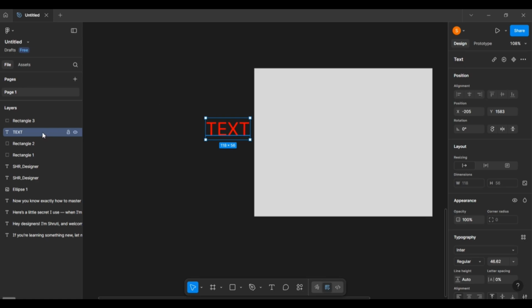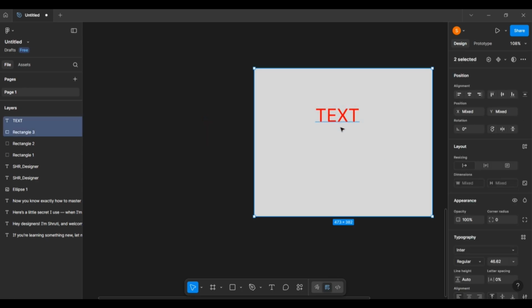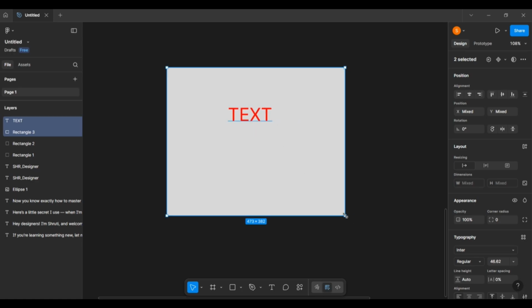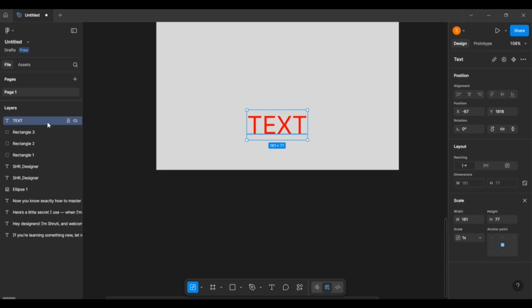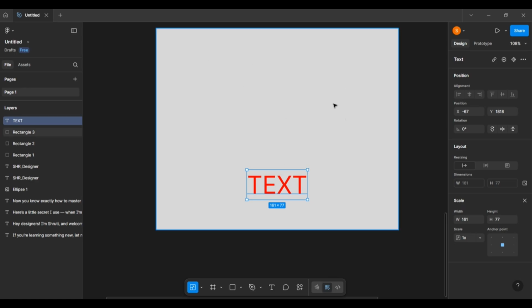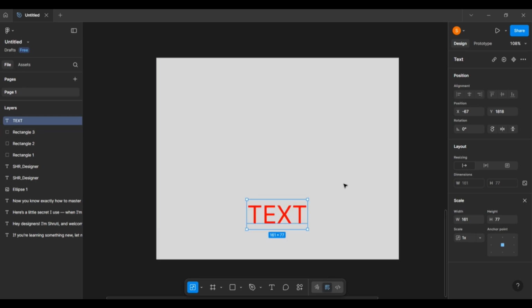Okay, so if you want to bring text on top of the rectangle, just bring your cursor over the text, drag and drop it above the rectangle. Now you can see here that it is on top. Okay, now wherever you take it, it will stay on top, because of the design tree, as I have explained in the previous video, it is in the description if you don't know. What is the design tree? Basically this is the design tree. Over here you can see the text is above the rectangle, that means it is present on the upper layer.